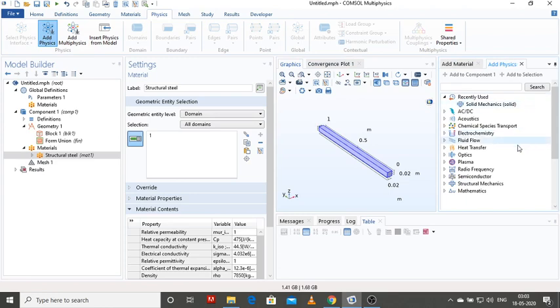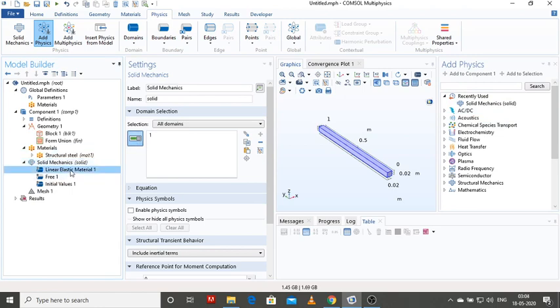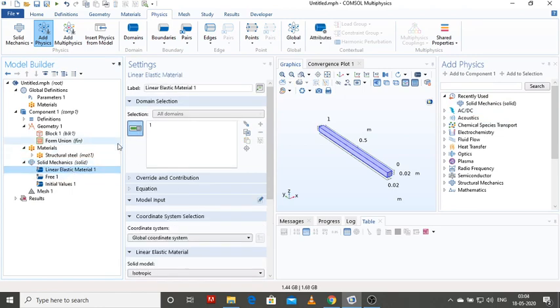So I'm going to select solid mechanics and close the tab, add material.